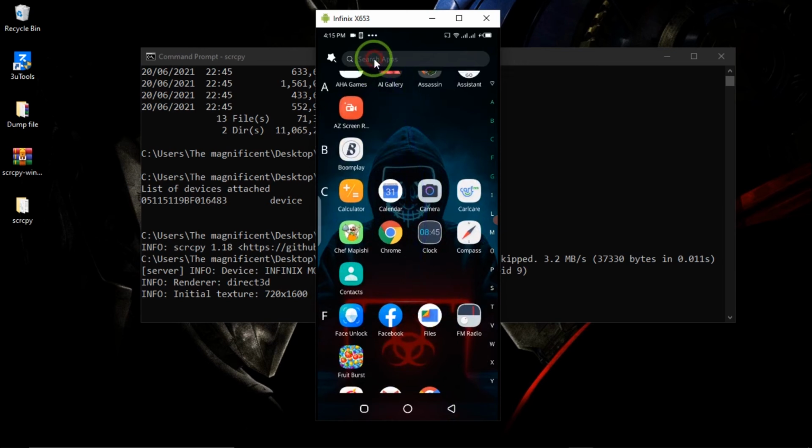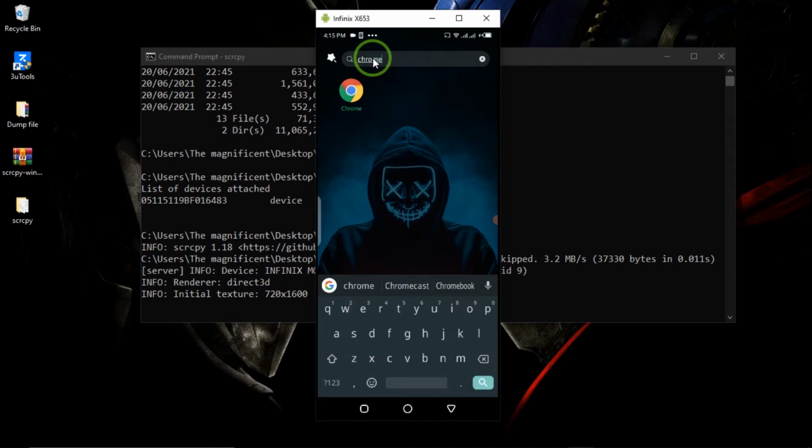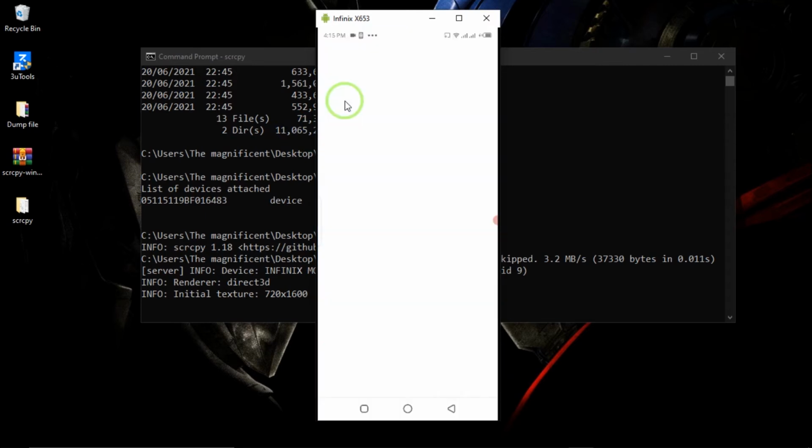With SCRCPY you can do a lot of stuff, including controlling your Android using your computer. Also you can chat, install apps, get any file from your phone and access the Android shell. The interesting fact about SCRCPY: